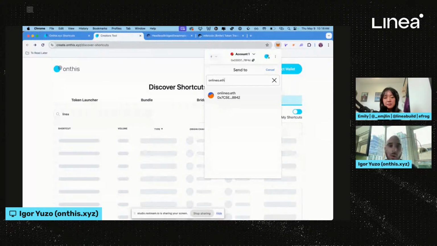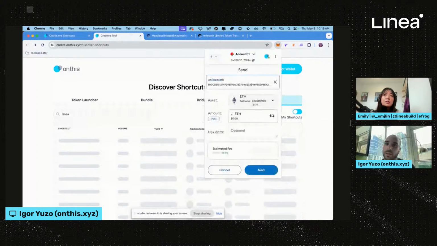And all the user ever has to do, if they ever want to get ETH over to Linea, is type in onlinea.eth in their MetaMask. And you can see that because the wallet resolves ENS names, it automatically recognizes it and shows you the contract right away that's associated with the ENS name. So once again, the user just types in onlinea.eth and sends whatever amount,